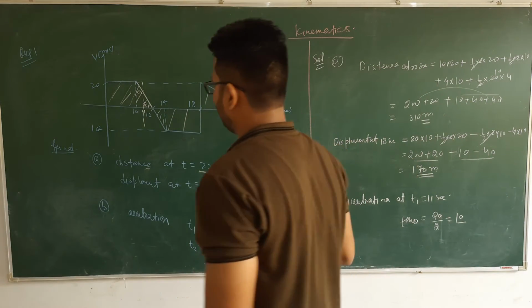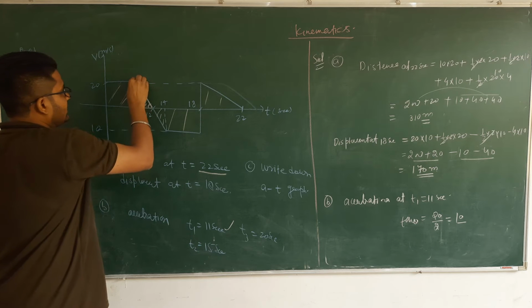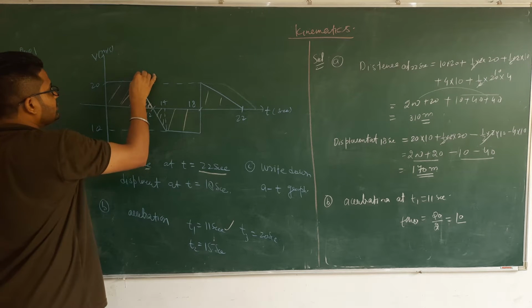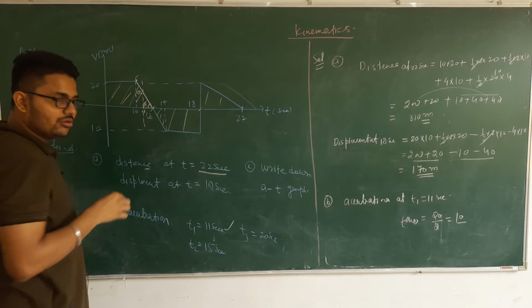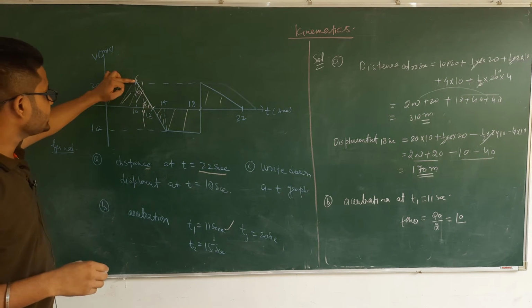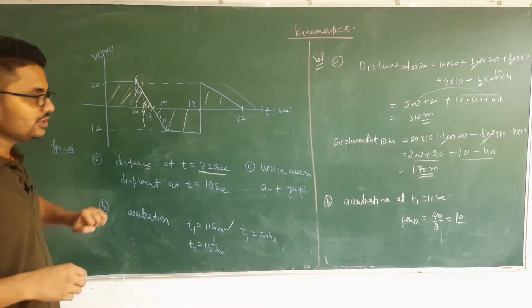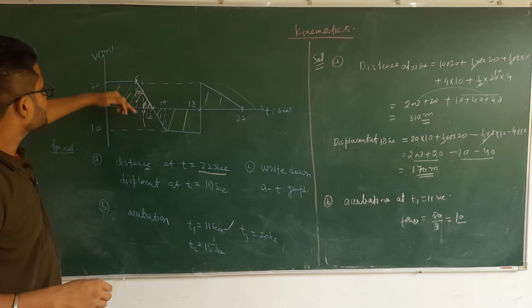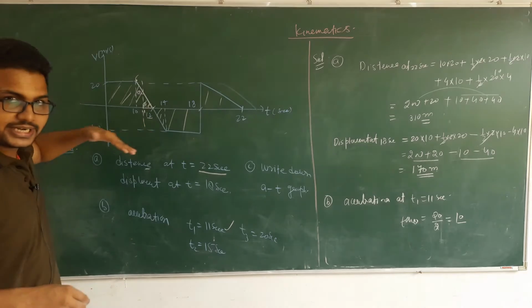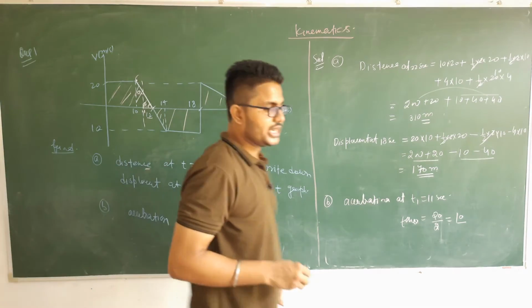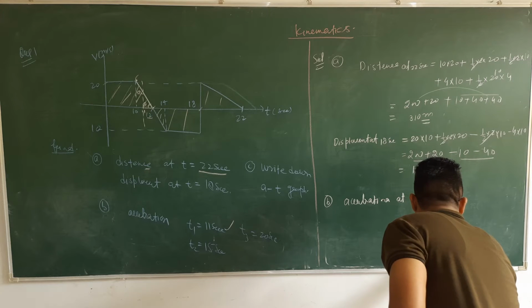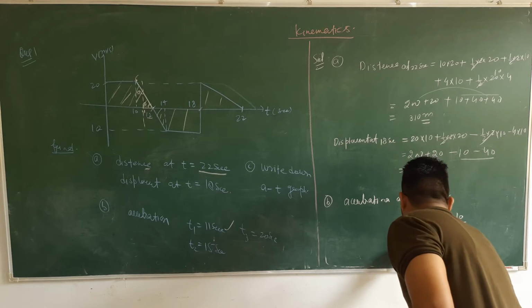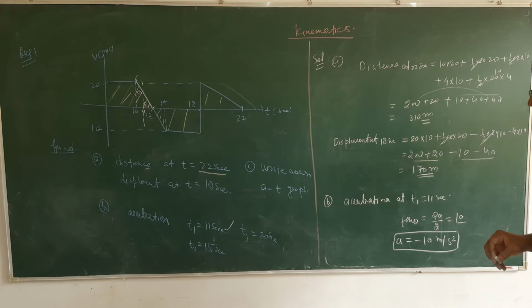But here, initially the velocity is 20 and at 12 second the velocity will be 0. Okay, so here deceleration is going on because the velocity-time graph is decreasing with time. So here acceleration is equal to minus 10 meter per second square. Okay beta. Okay, next acceleration,